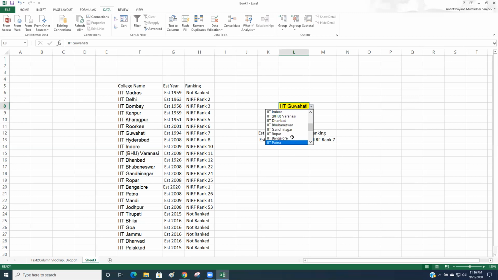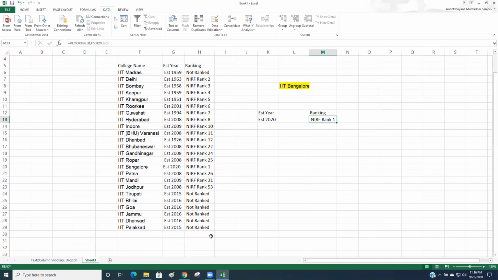Okay, so it works. It came. If you insert below here, then it will not be picked up in the list. Let's do that. Say IIT Jammu and Kashmir, established in say 2025. It may come, who knows, because you know what happened with Jammu and Kashmir with Article 370.